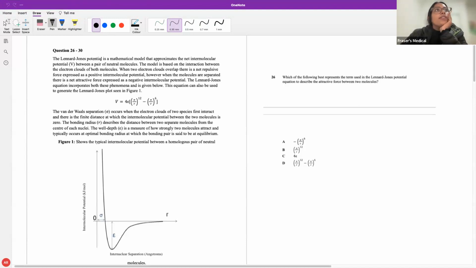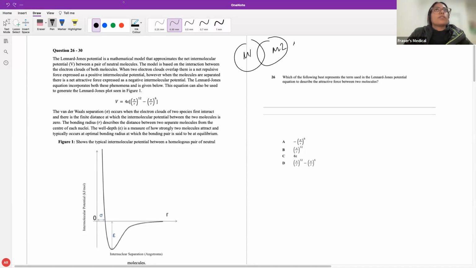So Lennard-Jones potential is a mathematical model that approximates the net intermolecular potential between a pair of neutral molecules. Okay, the model is based on the interaction between the electron clouds of both molecules. When two electron clouds overlap, there is a net repulsive force expressed as a positive intermolecular potential. Okay, interesting. So when molecule 1 and molecule 2 overlap, there is a net